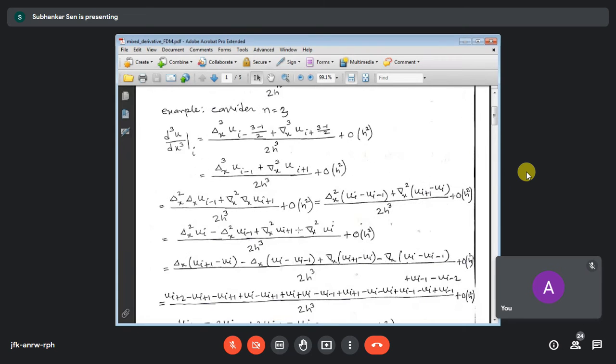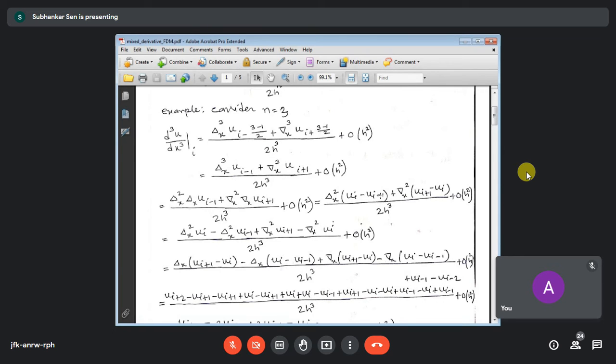Now we will repeatedly implement this del x operator on this variable, and this opposite reverse del we shall use on this variable. So 3 times you can apply. When you are applying for the first time, this is the forward difference operator and this is the backward difference operator. In the first step, this del x cube we are splitting as del x square into del x. This will operate on this term, and same thing we are doing here also: reverse del x operating on this thing. Now in the next step, this operation will be done.